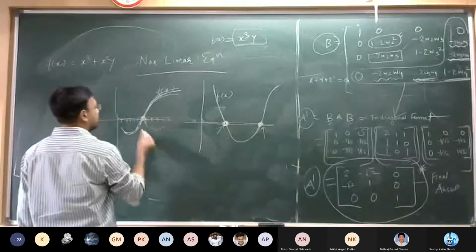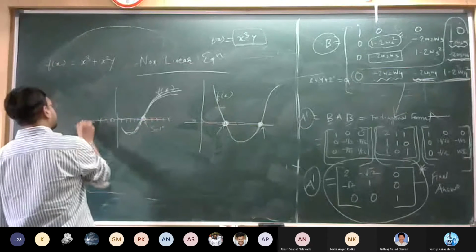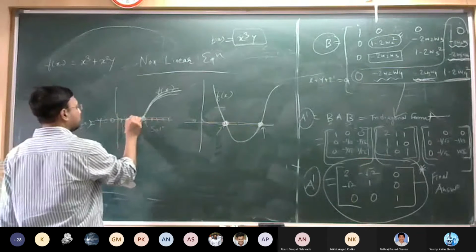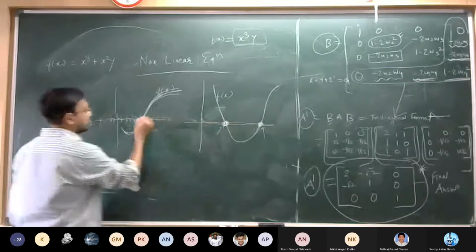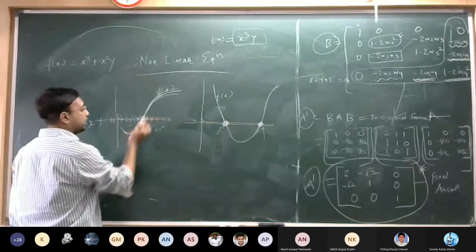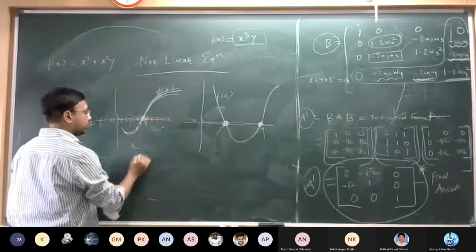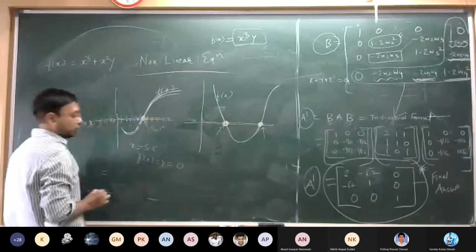So on which x value is it going to y equation becomes 0, or f(x) equation becomes 0. So this is 1, 2, 3, 4, 5, 6. Suppose it is going to cross in between 5 and 6. That means the solution will be near about 5.5. So at x equal to 5.5, the f(x) or y is going to become 0.